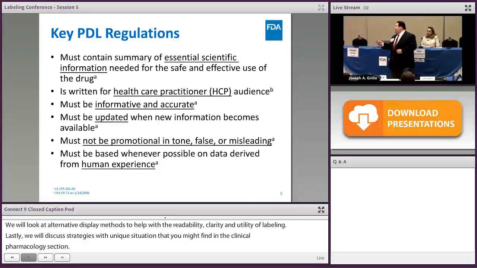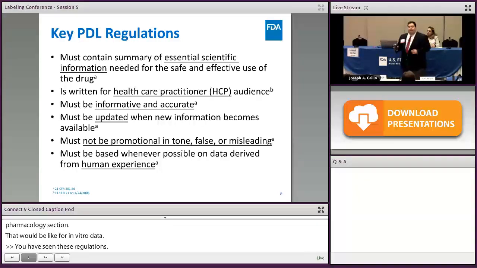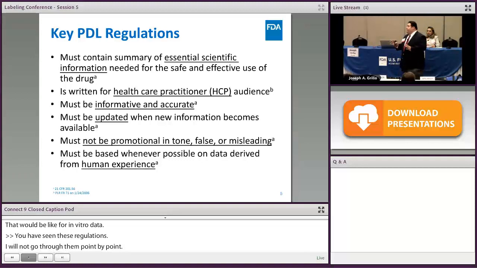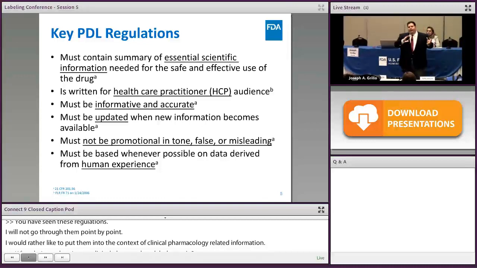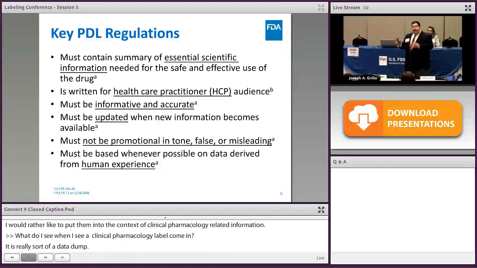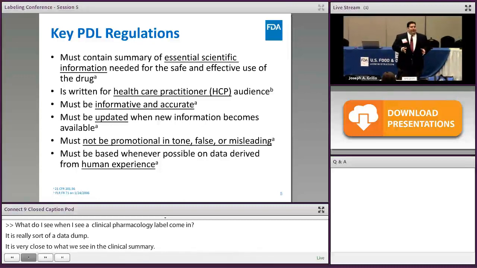So you've seen these regulations several times yesterday, so I'm not going to go through them point by point, but rather I'd like to put them into the context of clinical pharmacology related information. So what do I usually see when I see a clinical pharmacology label come in to our office? Well, in many cases, it's really sort of, I don't want to use the term data dump, but very close to what we see in the executive summary from the clinical pharmacology summary in the document. So it's very complex information, very technical language, a lot of clinical pharmacology jargon, and I love it because